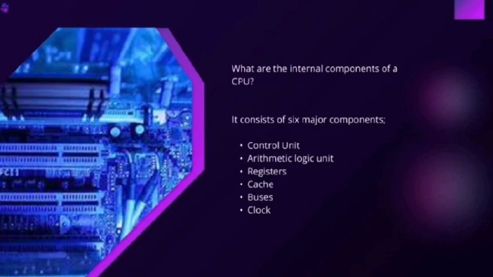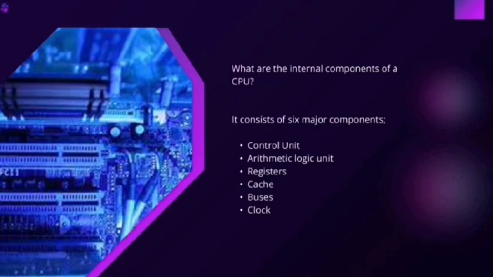The importance of it: the ALU is essential for executing all calculations and decision-making processes within the CPU. By combining arithmetic and logical functions, the ALU enables the computer to solve complex problems, execute programs, and process data